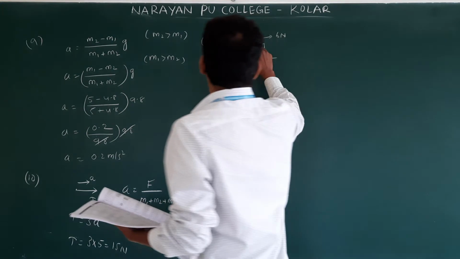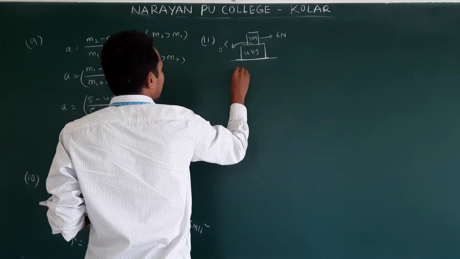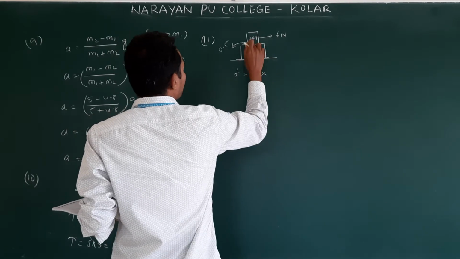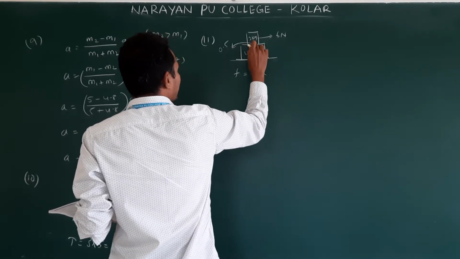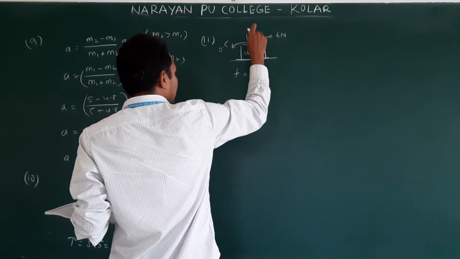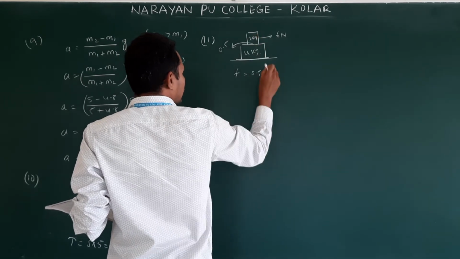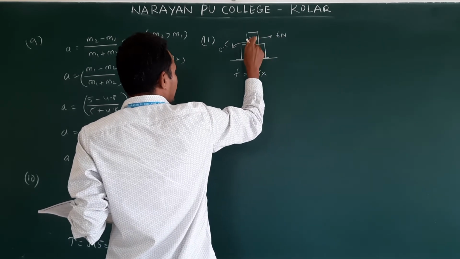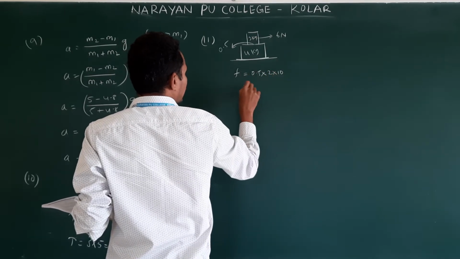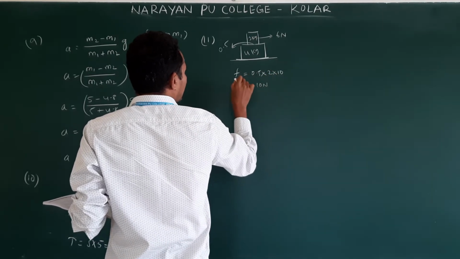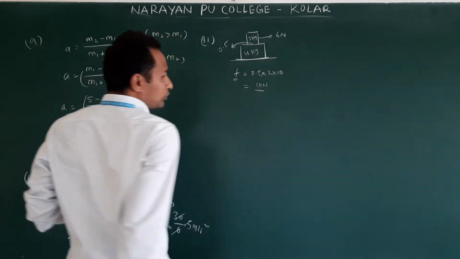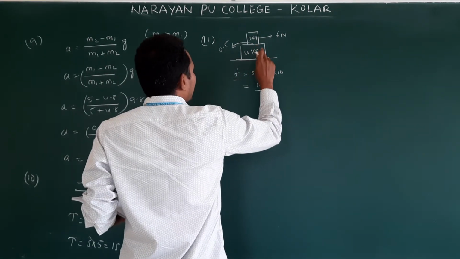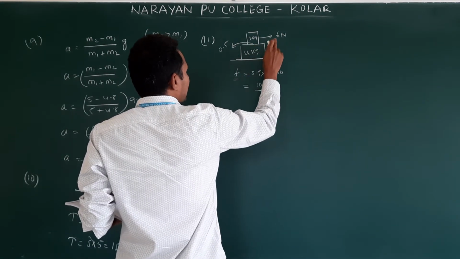First find out the maximum friction between the 2 and 4 kg. F is equal to 0.5 into mg. M is 2 kg, since we are calculating friction between 2 and 4. So the normal reaction of 2 is N is equal to mg, right? So 2 into 10, this is 20... so maximum friction is 10 newtons. Applied force is 6 newtons. What happened? So friction between these two blocks acts as 6 newtons.